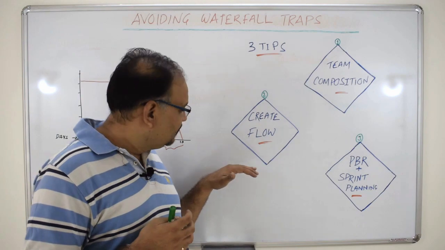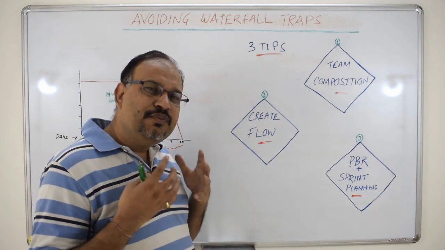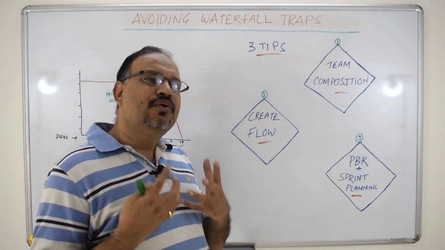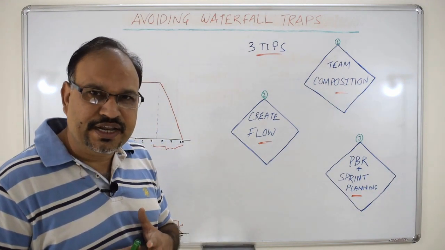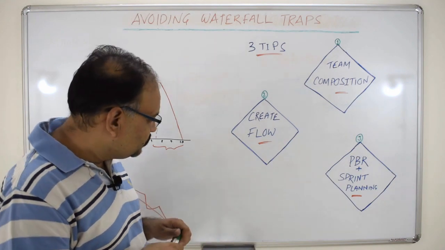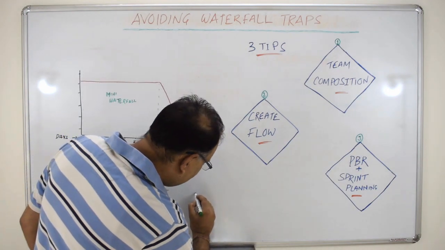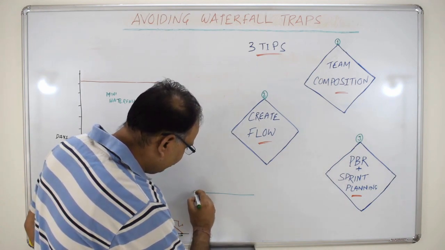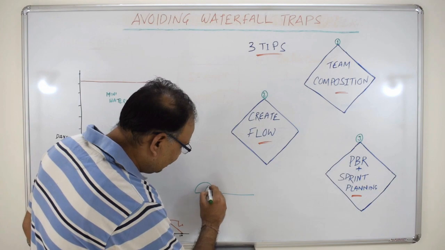The second is create the flow. The team should avoid pulling multiple stories at one time. Rather, they should focus on 1 or 2 stories at any given time and then deliver other stories and so on. So they create a flow. So this is how it looks like. The team joins hands with one PBI, they deliver it, then another,